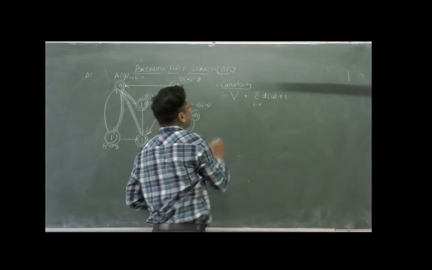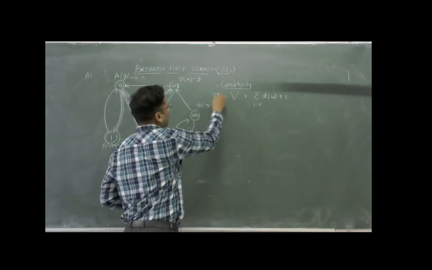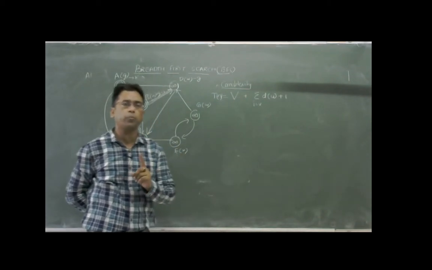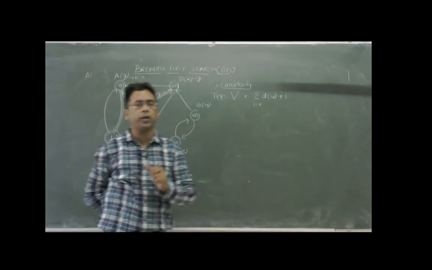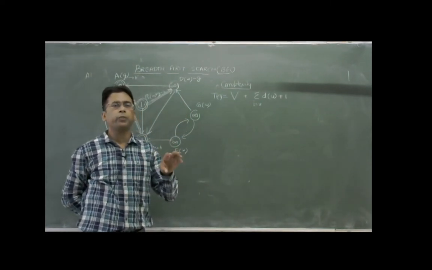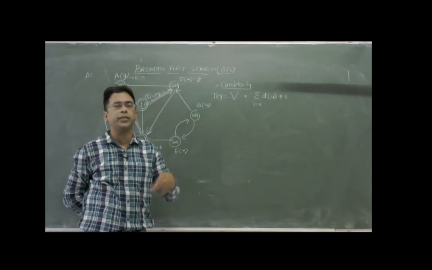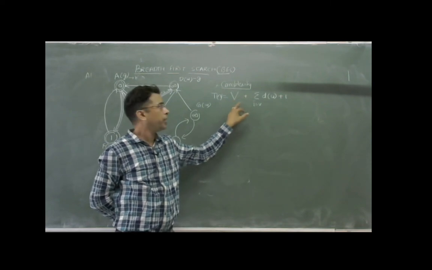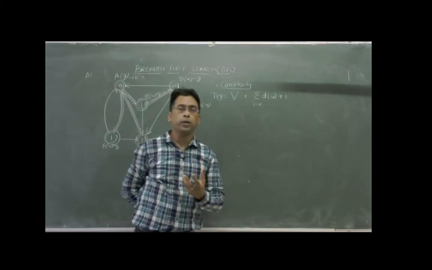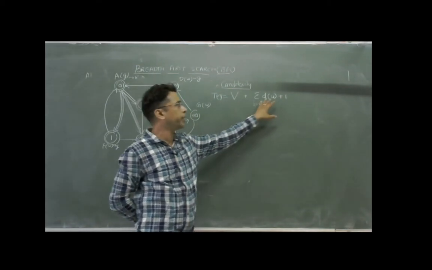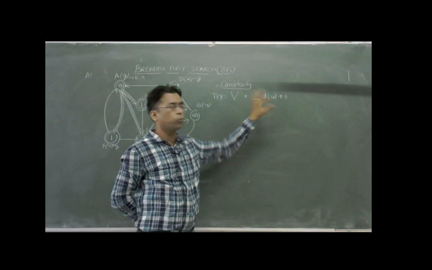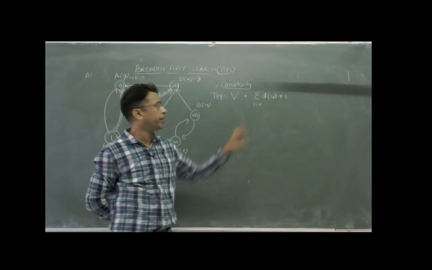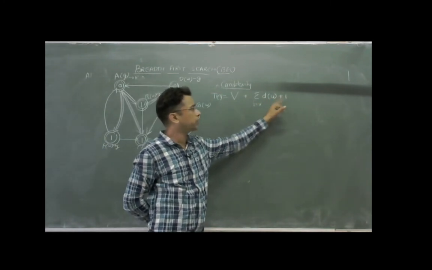The complexity will be, since each vertex is processed only once, we do not revisit a vertex. Means if we have discovered a vertex, we do not rediscover it. So for each vertex we shall run it V times, and for completely processing a vertex, it depends upon the degree of the vertex plus 1, because after processing you shall color it black. So this will be equal to du plus 1.